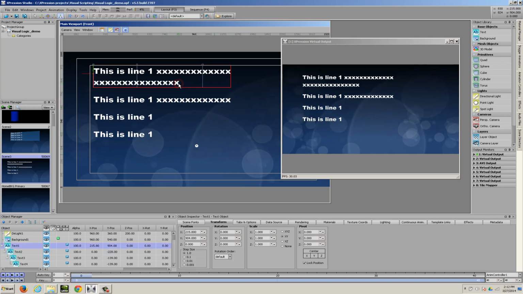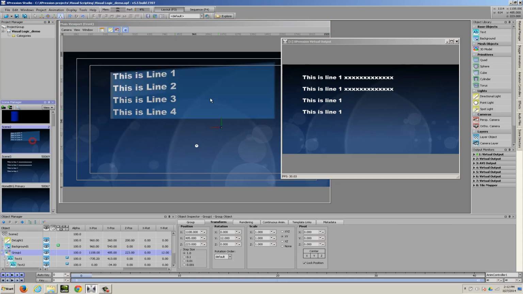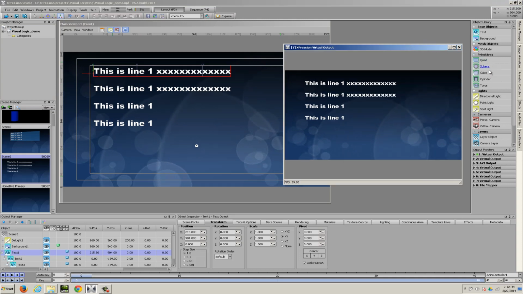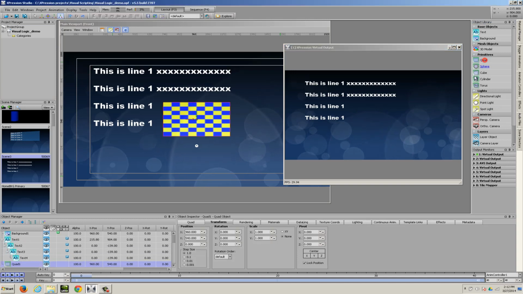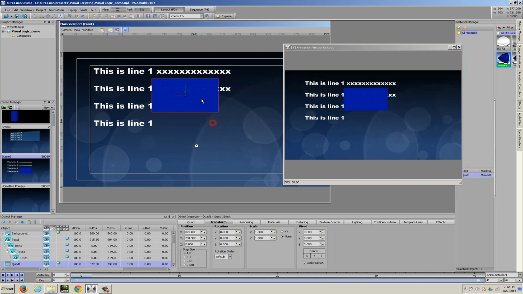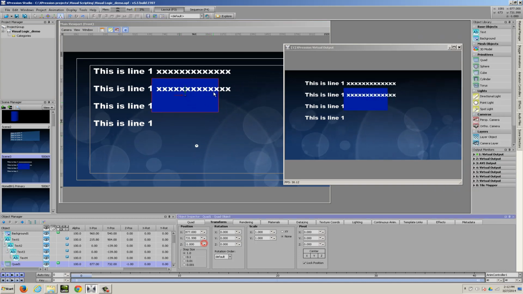Now, how do we affect that background object like I had in the example scene? So if we look at scene 2, I had this cube in the background. So we'll do something similar here in our new scene. I'm going to use a quad for this, but the principle would apply for any object. Could be a cube, could be a quad, doesn't matter. So we'll create a quad, apply material to it, and we'll place that behind our text objects, like so.